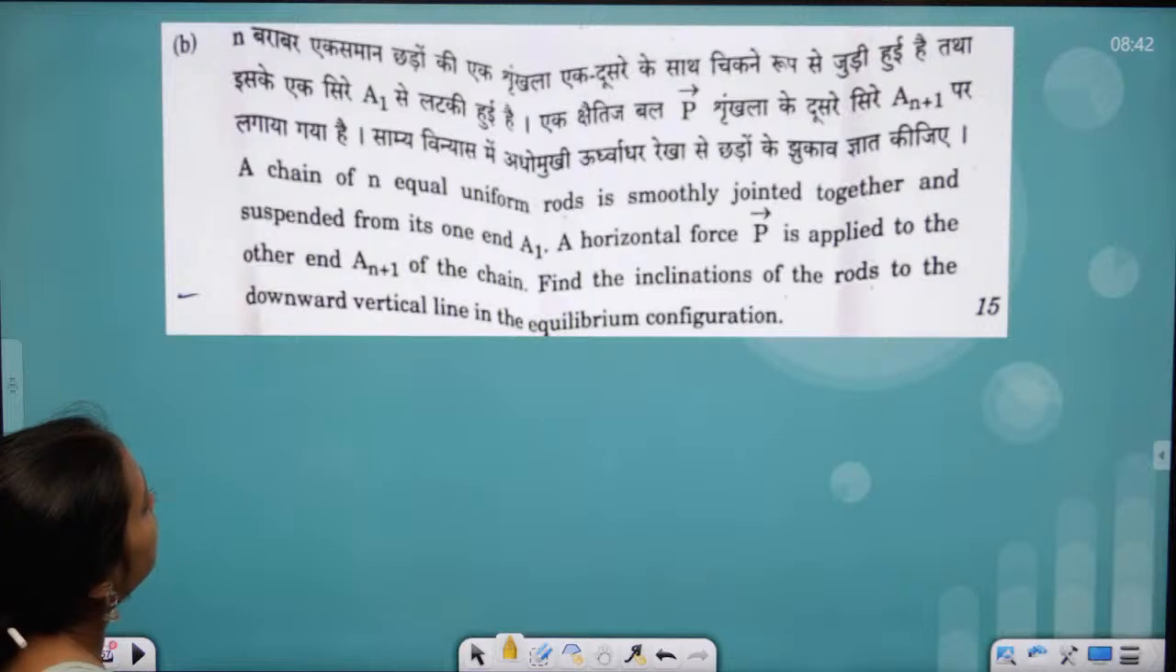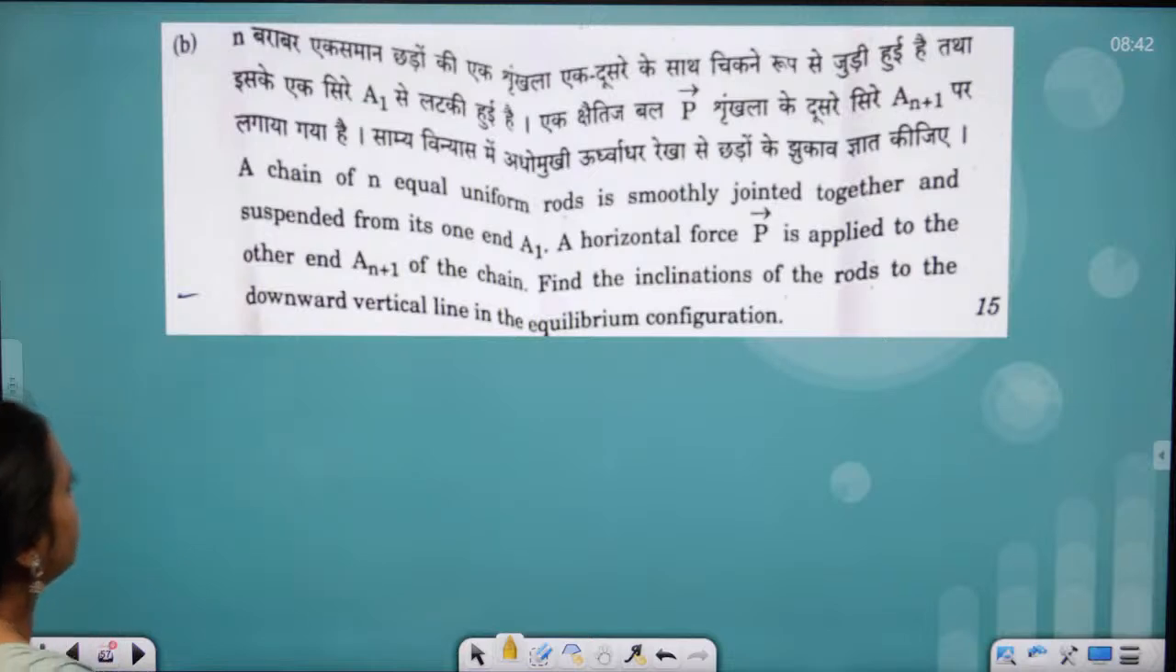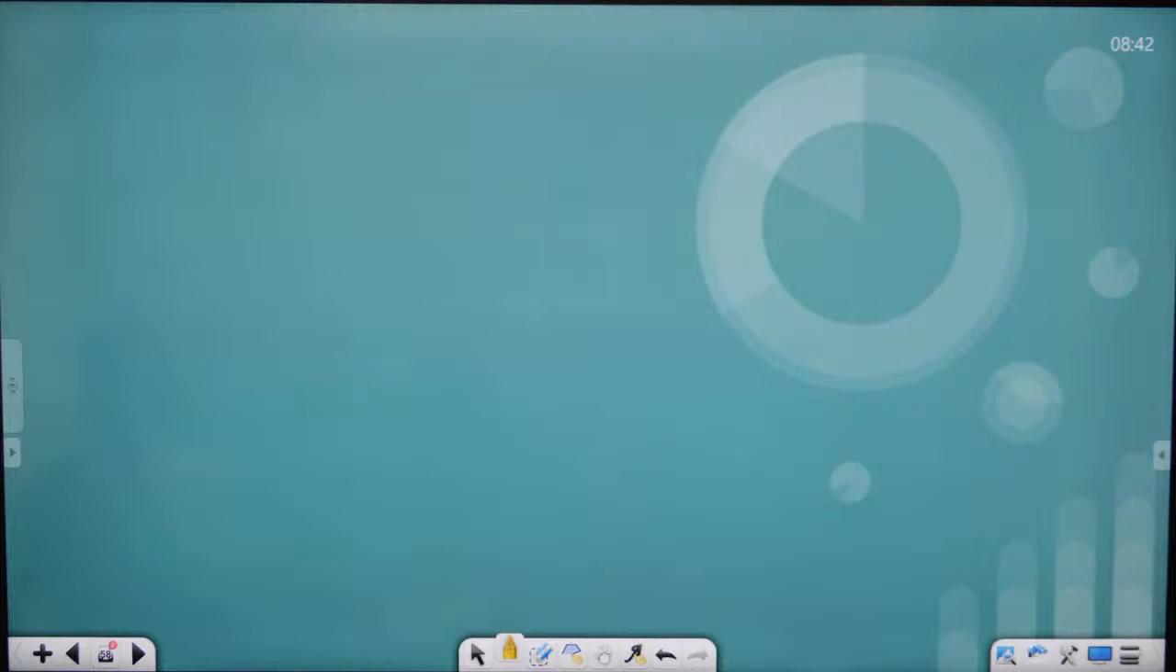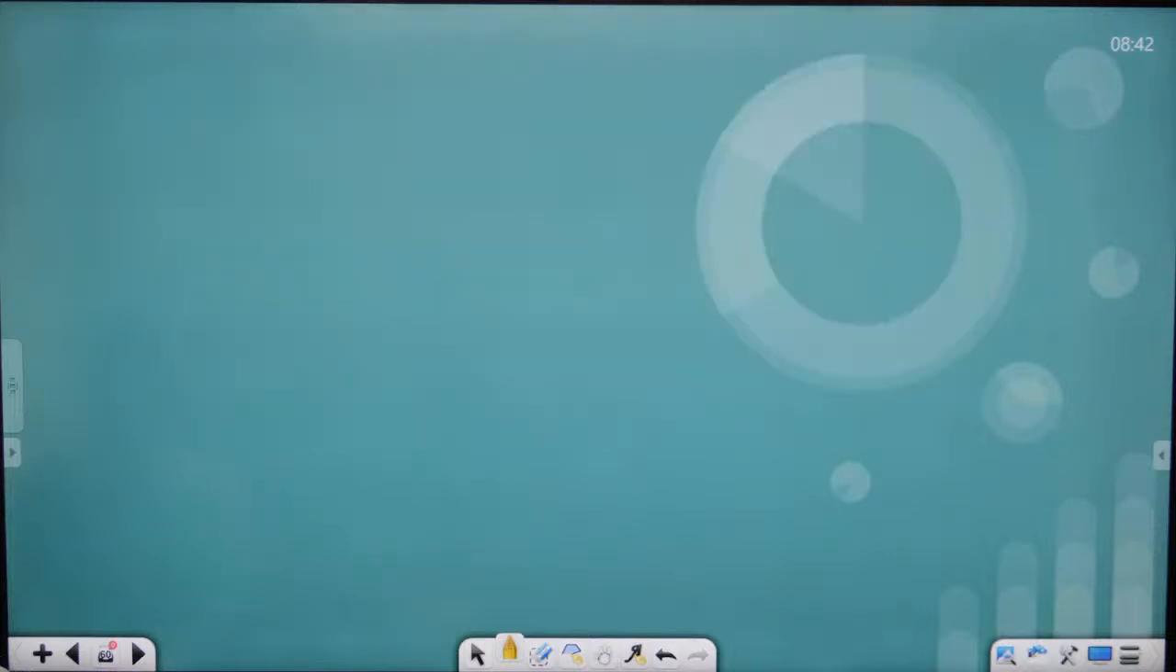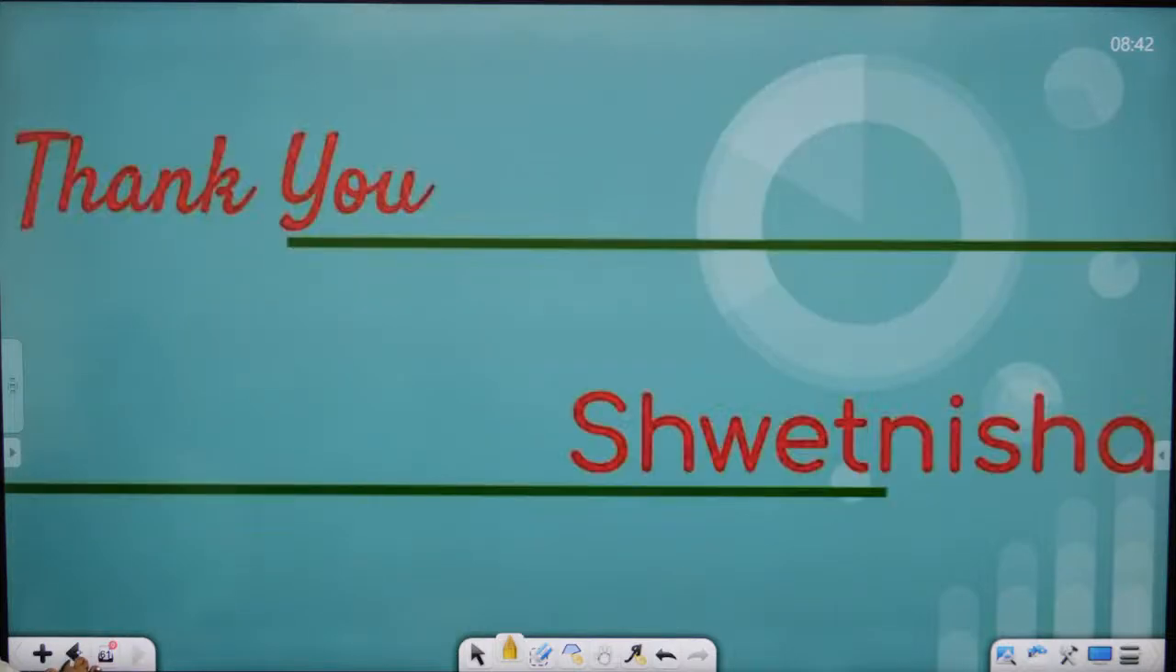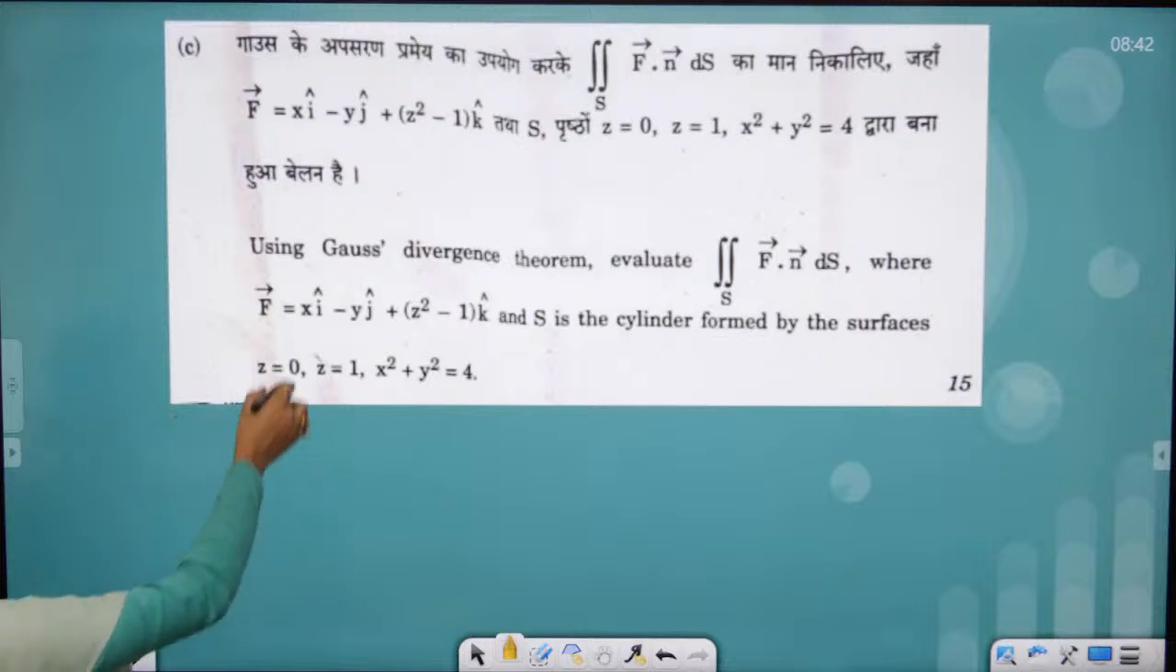Again, we are in equilibrium. Two questions were from equilibrium in mechanics, and then this is the last question. Last question is